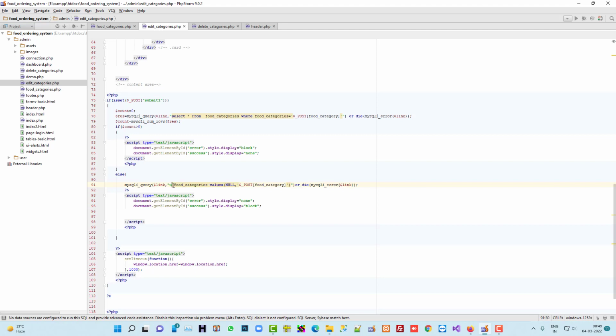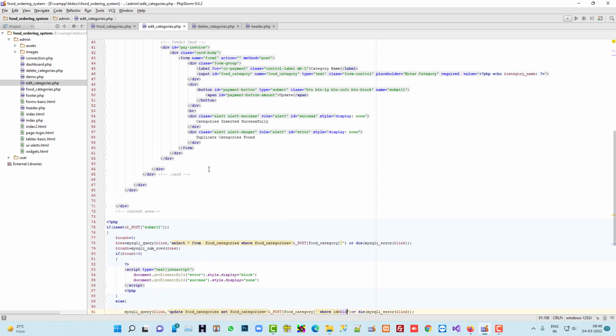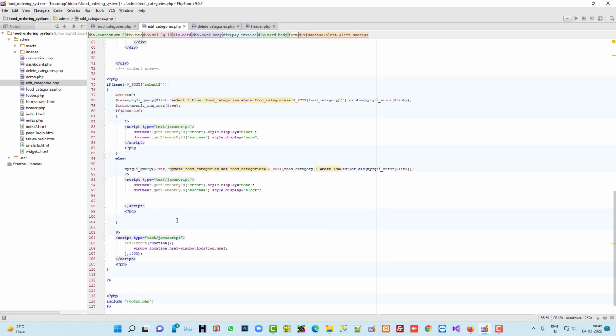Update food categories set food_categories is equal to $_POST food categories where id is equal to $id. Here we are going to change it to categories updated successfully, and then later on we are going to forward to our page